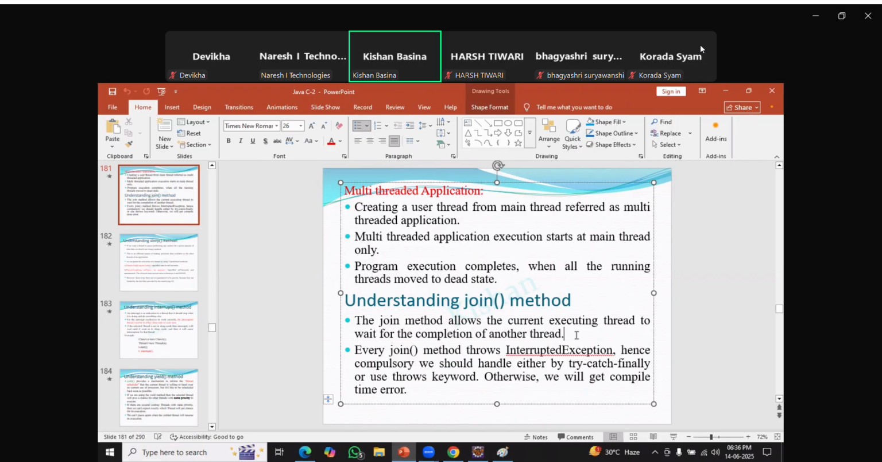Next point. Every join method throws InterruptedException, hence we compulsorily should handle it, either by try, catch, finally,